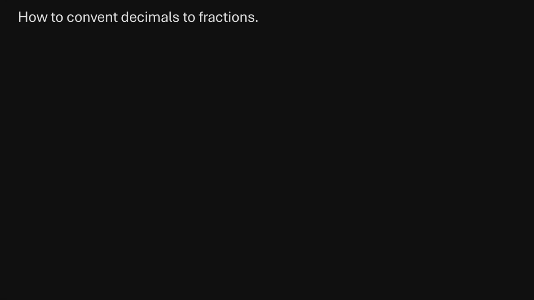How to convert decimal numbers into fractions. First, we need to know that we have two types of decimal numbers. The first is a decimal number that ends after a comma. So we call this a determinating